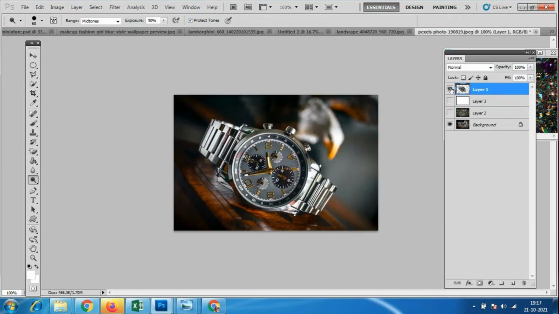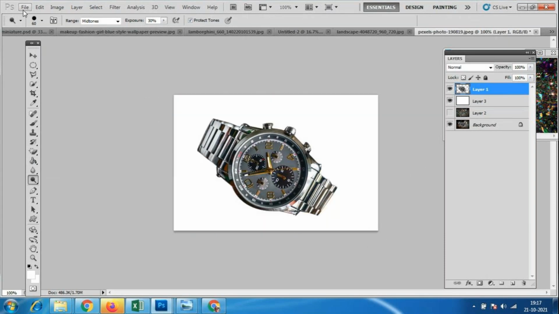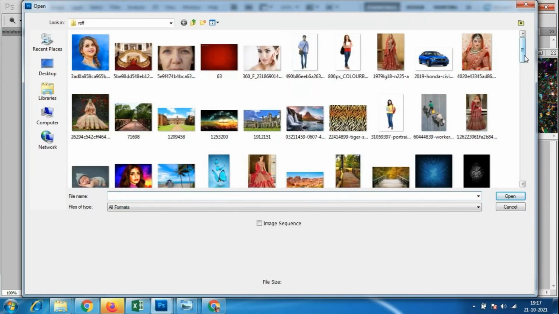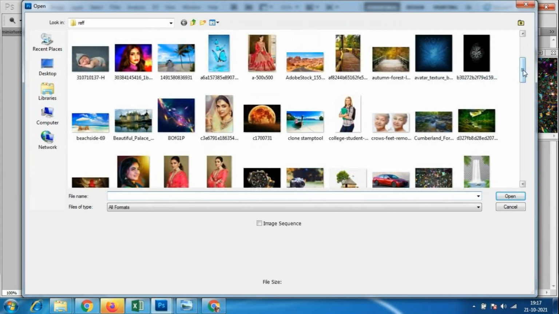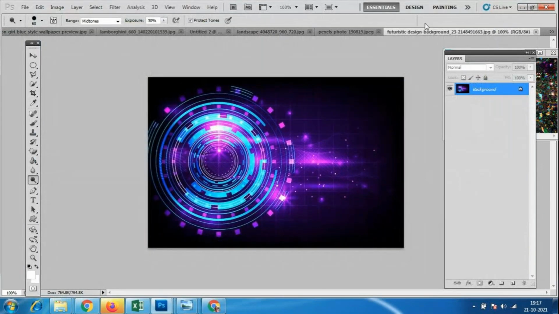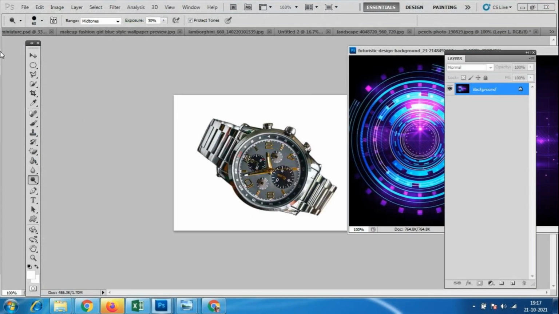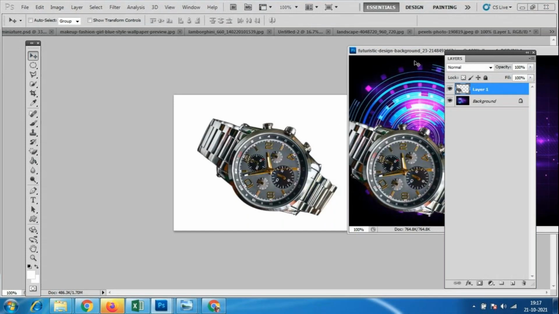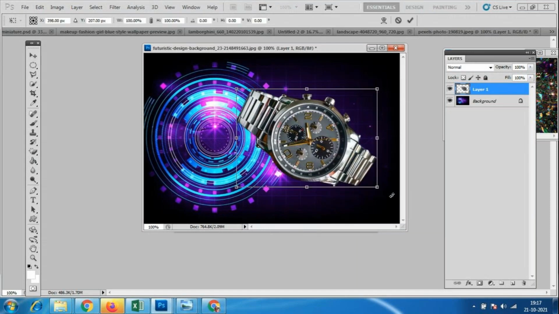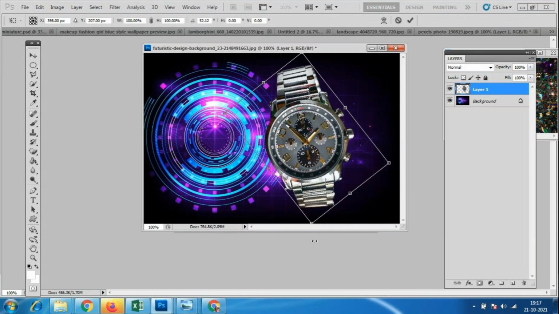Before, it was like this; I made it a little bright. Even though I have removed the background, I have placed this background. Otherwise we can take different backgrounds. Yeah, I think this background is also matching for this. So we'll go to this. Otherwise I can take this, the image is already cut. If I want to make the advertisement design, Control T, and you can place it like this.